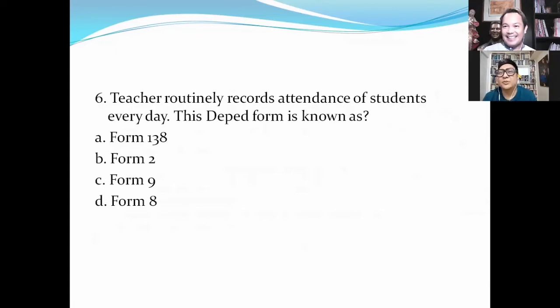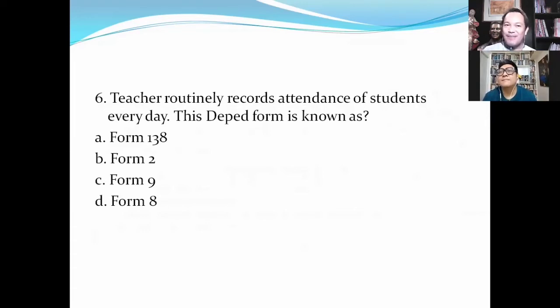Hindi kasi, sir, sa high school, di ba? But I remember, sir, ako sa UST. Siguro nung high school ka, sasabihin ng teacher mo, papuntahin nyo dito yung mga magulang ninyo dahil ibibigay ko na yung inyong Form 138. Narinig mo ba yon? Card ba yan, sir? Yes. Yung Form 138? Yes. Ang Form 138 ay report card. Although, kasi syempre nagbago na ang panahon, hindi na ginagamit ang Form 138. So, ang report card ng mga bata, ang tawag dyan ay Form 9.